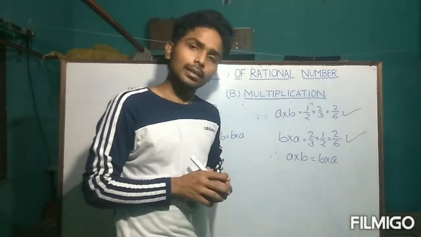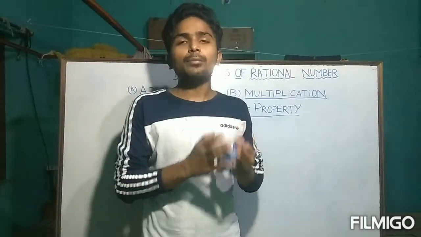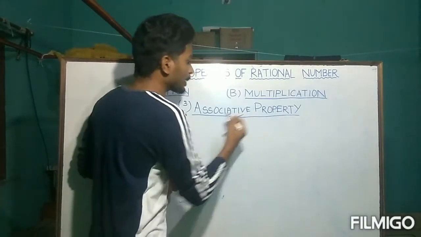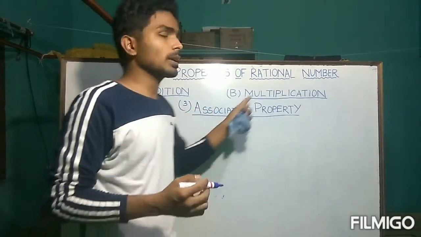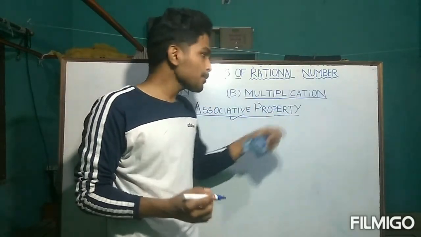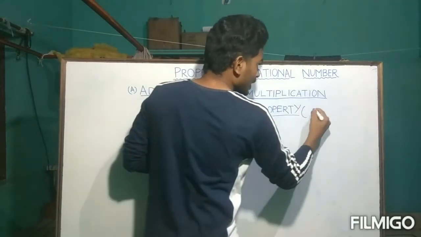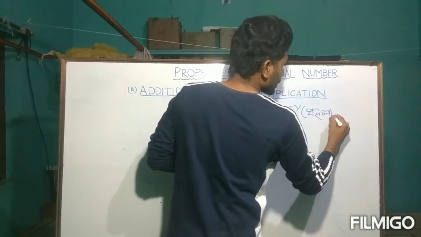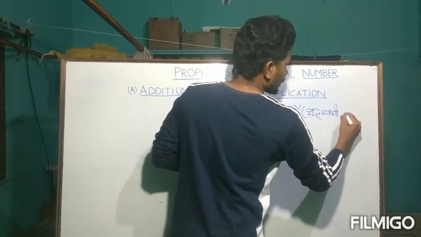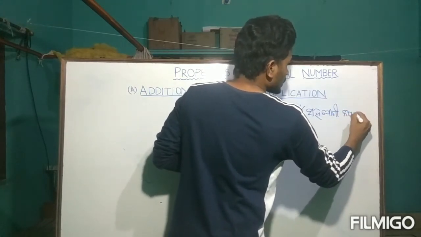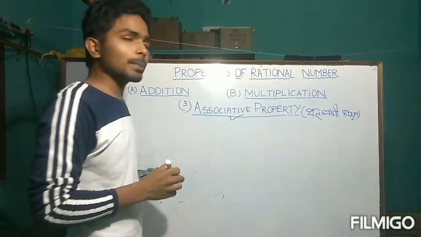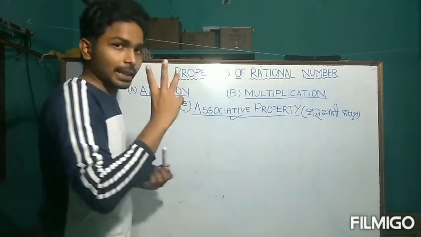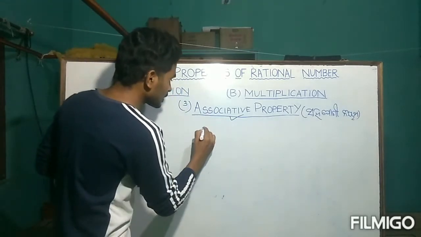Now comes the third property of rational number, that is associative property of addition as well as multiplication. Okay, in Odia it is also called सहयोगी नियम. So what is associative property and what does it say? If there are three rational numbers,